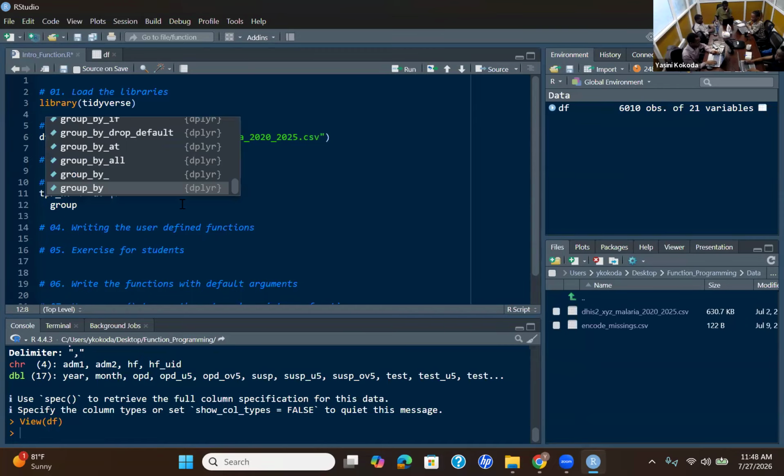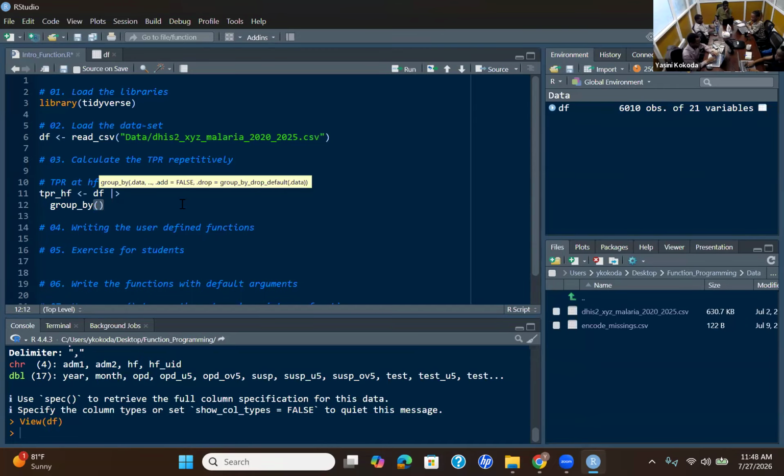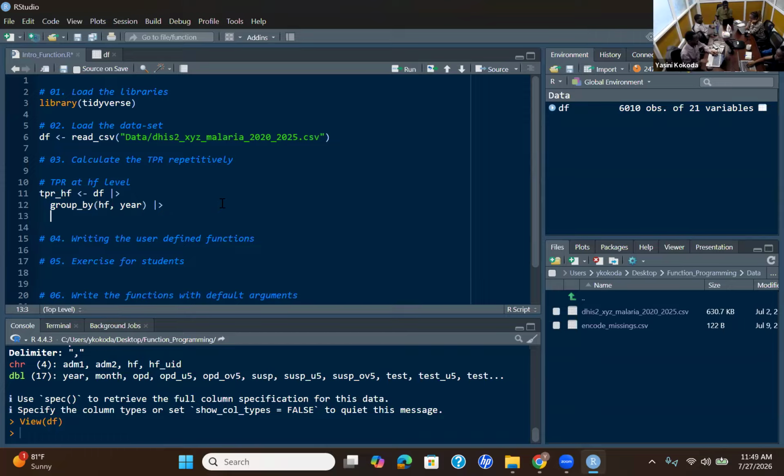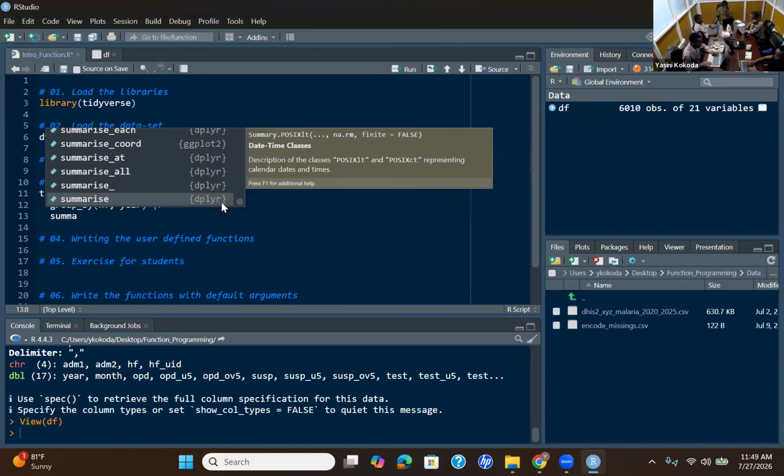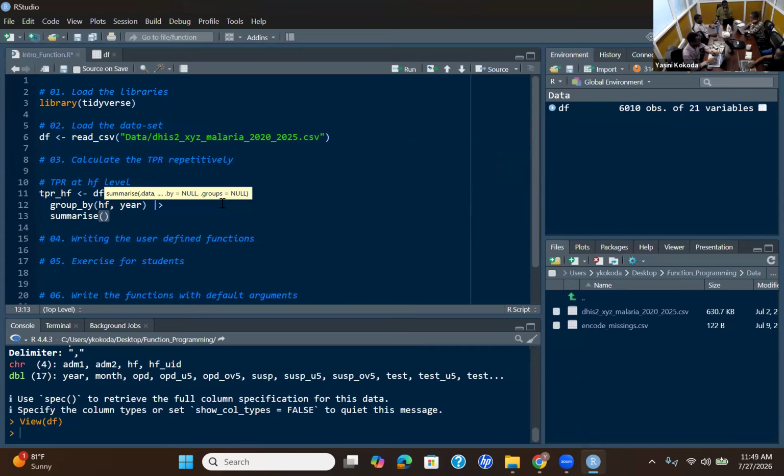So you will have to group by health facility name and the year. What it does is group all for each facility, take the 12-month counts, and then depending on your summary function, it will compute those summaries. So in our case, we want to summarize across this grouping variable.